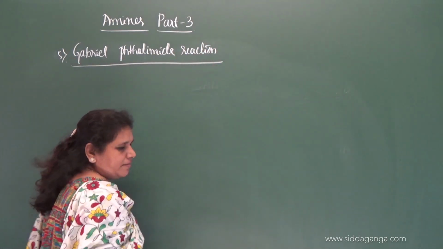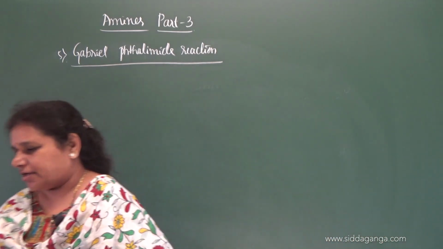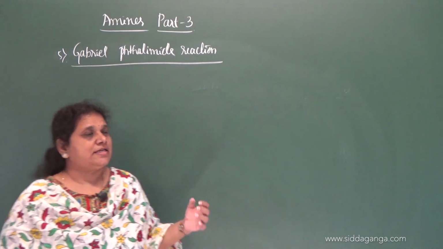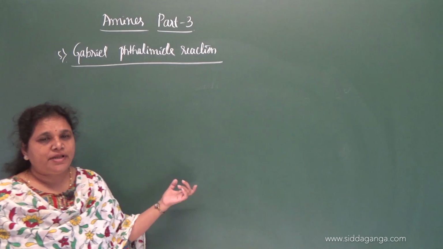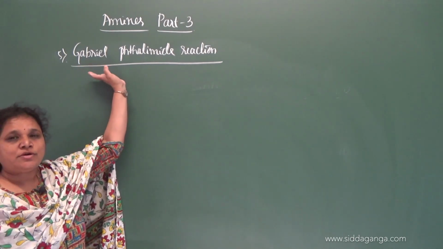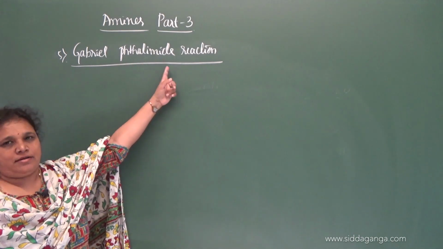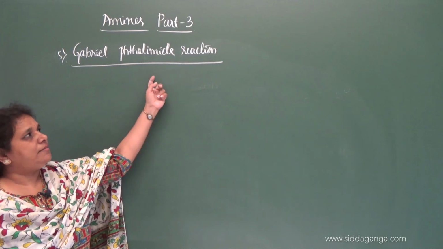Gabriel phthalimide reaction. So this is a very important reaction because it is a named reaction. Since it is a named reaction, this reaction is very important. Gabriel, the name of the chemist who prepared the amine by using phthalimide, and hence the name is called Gabriel phthalimide